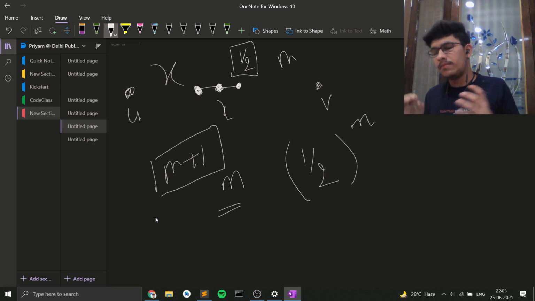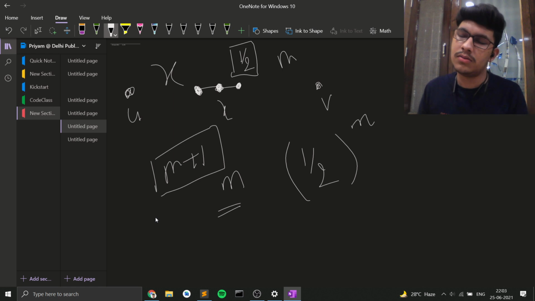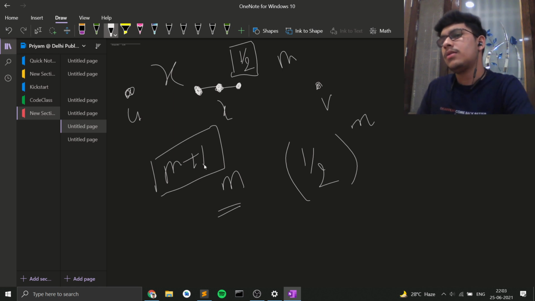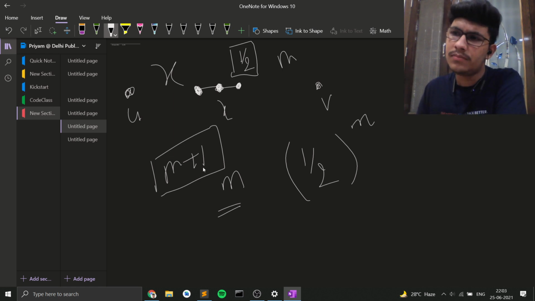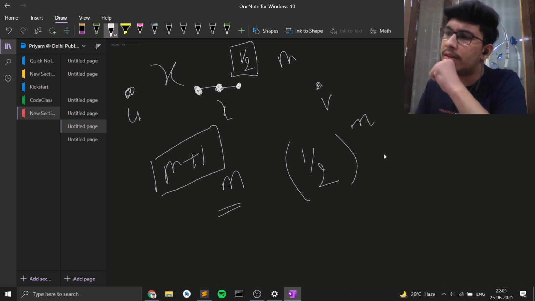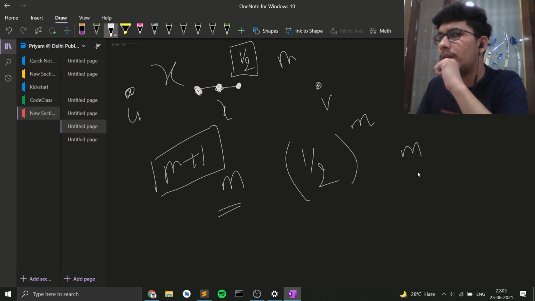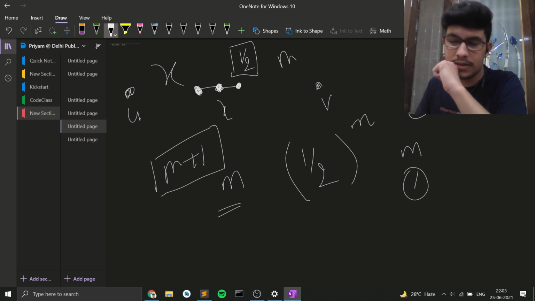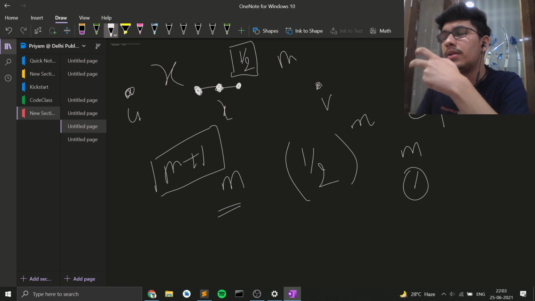Okay, this is slowly actually going towards order of n square. But still, if I say that I want to go in m plus 1 steps, then from the first m steps, I can pick up any one, right? So this is like c of m, 1 because I can pick one of them, and then it's like 1 by 2 to the power m plus 1,